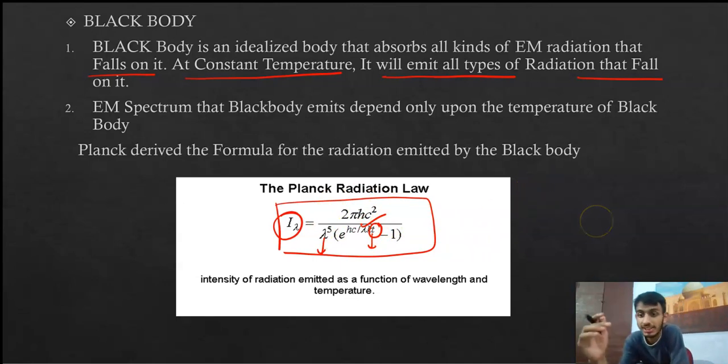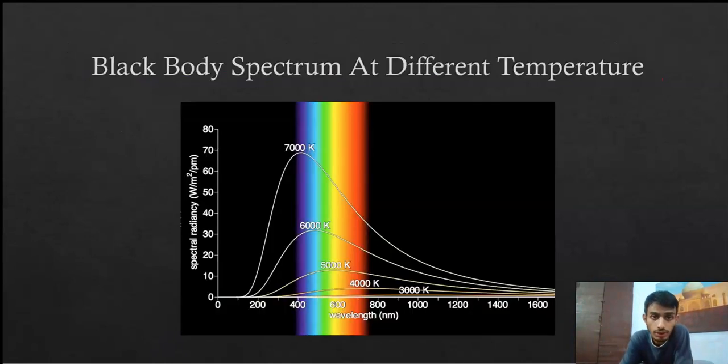So this fact that the black body's spectrum depends only on the temperature is used for measuring the temperature of the stars. So let me go to the next slide. So here is the black body spectrum. Here you can see something like a Gaussian curve. Here you can see at 300 Kelvin we have a peak here, and